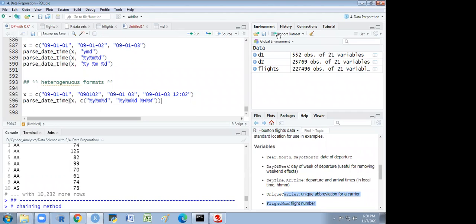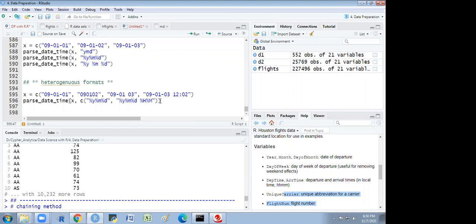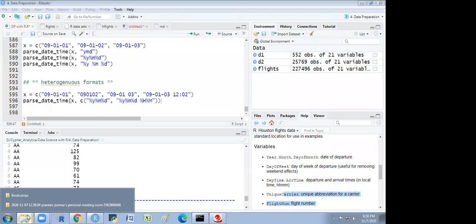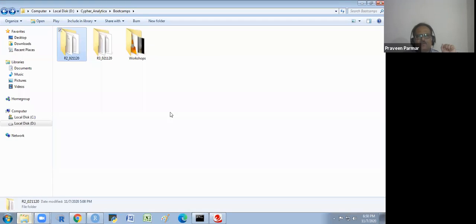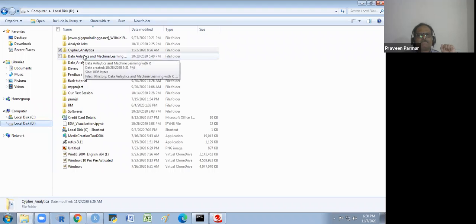Sir, which is the best book you recommend for R programming? R programming, we have Hadley's book. Can you type it out? So I think I should have that book. I will share.